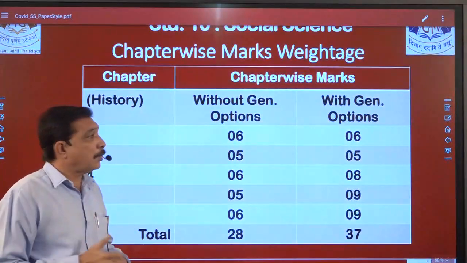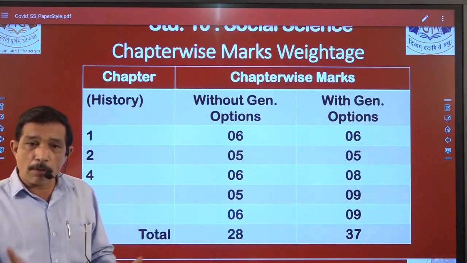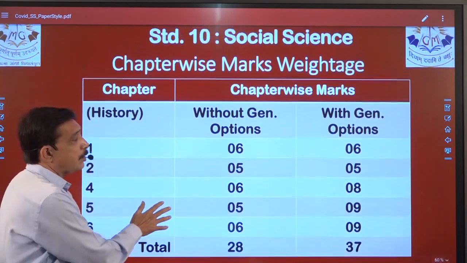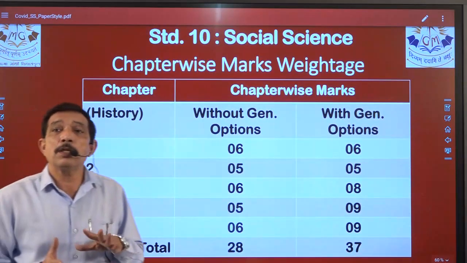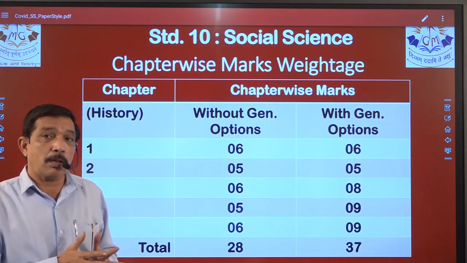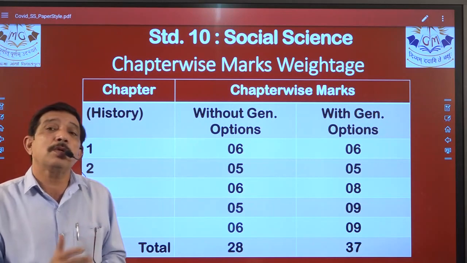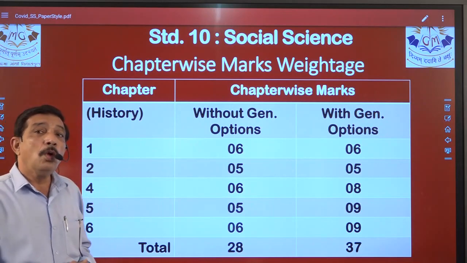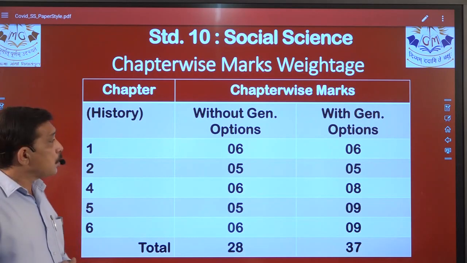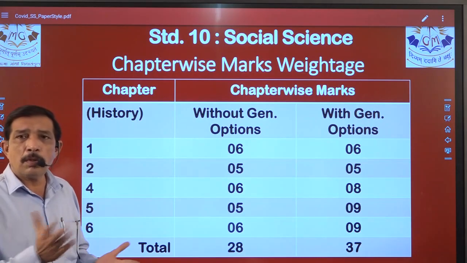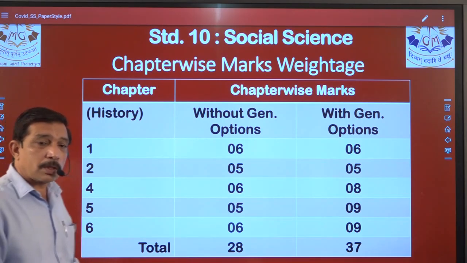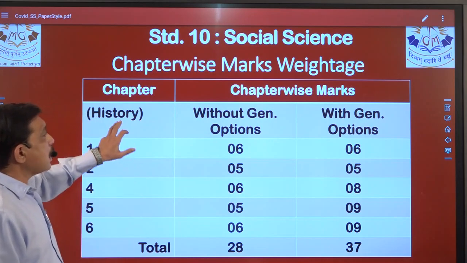Now this you will have to note down in either your rough book, or you can also note down in the index page, right? This is the new marks weightage for each chapter. This has changed for this year only, so it is very important for you to note down in the index of the material that has been supplied to you, right? So it is divided term wise, so you keep ready both the index of the 2 material books that have been supplied to you. Out of that we start with history.